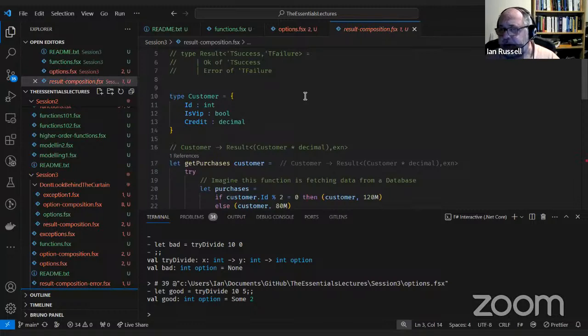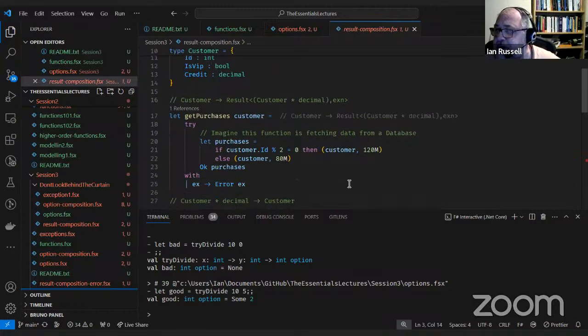They're also going to return exceptions as part of the result rather than throwing an exception. We're going to cover exceptions themselves in a later session, in a couple of weeks' time. But in this particular session, all we're doing is just returning the exception.